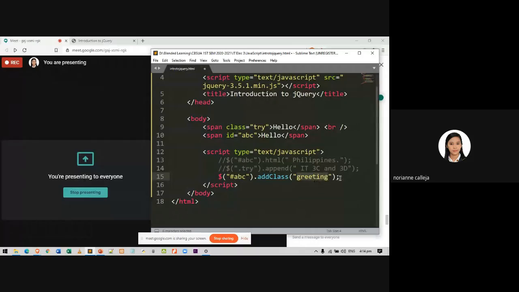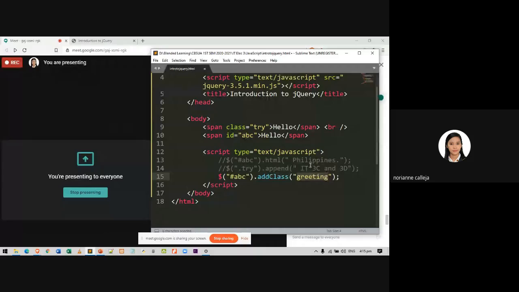So, how are we going to access that class? Just by adding a class, there will be no effect to the value. We just have added a class attribute in this element.